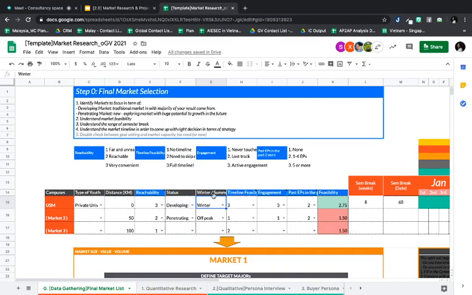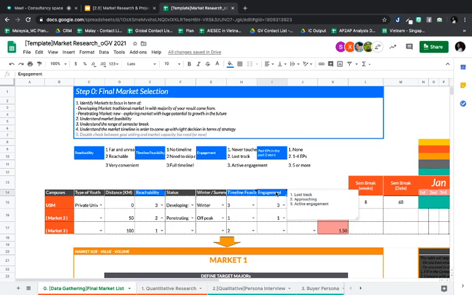Then the third one is winter peak, summer peak, or off peak. Then time feasibility is, for example, one is no timeline at all. The second one is need to skip class but they still can have time. The third one is full timeline for exchange. And then engagement, where one is lost track, which means we don't really have active engagement with them.